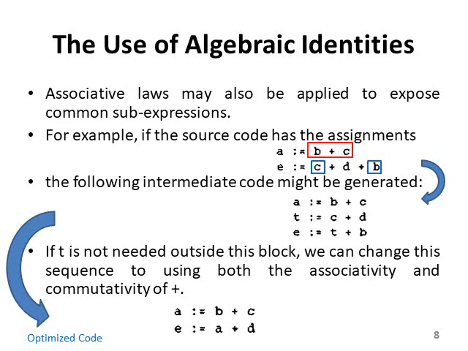Now see another important thing: we can apply the associative laws and the commutative laws. Consider as an example 2 statements, a equals b plus c and e equals c plus d plus b. Here you identify that b plus c in blue is the same as the red b plus c. So the first statement and second statement have something in common, but before that we generate a basic block